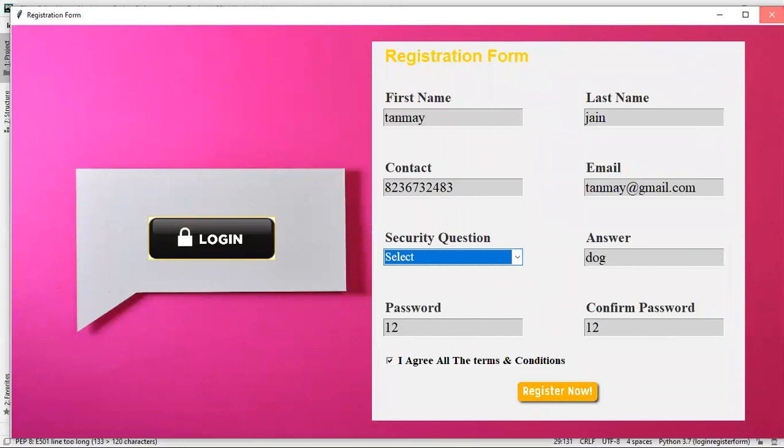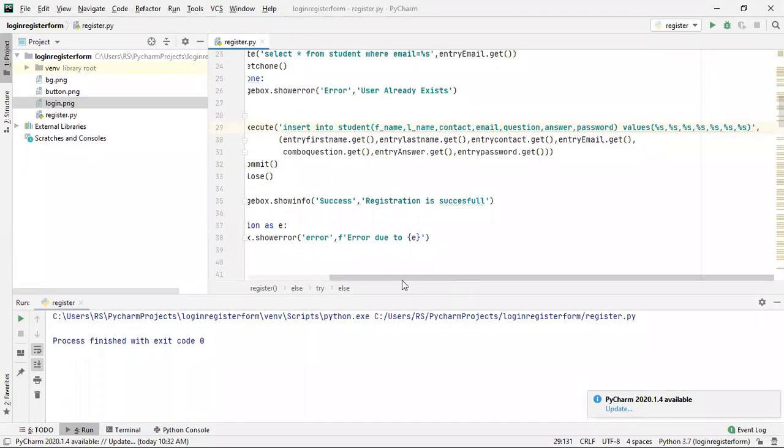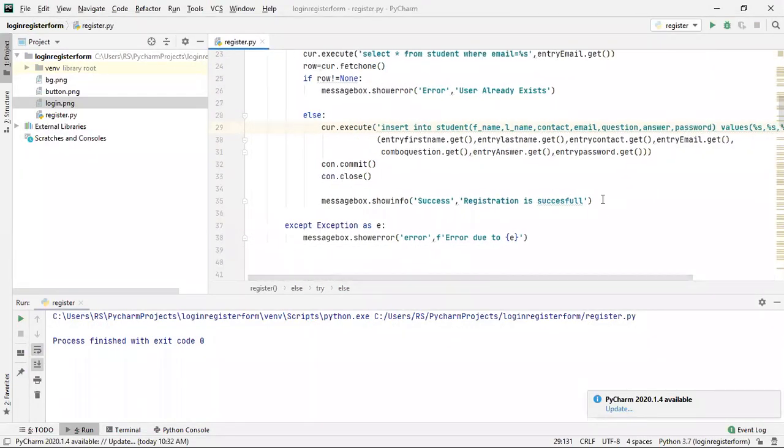Just after receiving the message that registration is successful, we can call a function here, or we can directly write the code just after this.